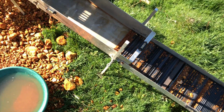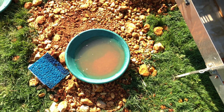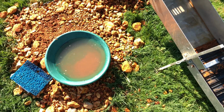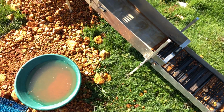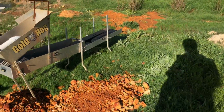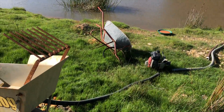I don't expect to see much on the bottom mat, so that's why I didn't show you. So I'm going to throw it into this pan, and I'll pan it down to a reasonable size, but you can see it, and then we'll have a look there. So I've cleaned up the concentrates,